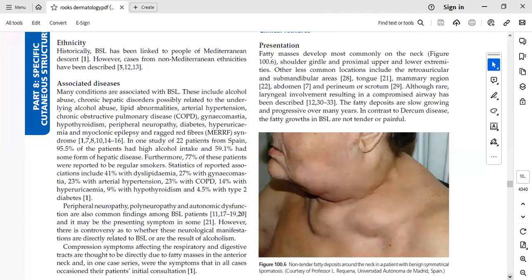The associated diseases are alcohol abuse, chronic hepatic disorders, possibly related to the underlying alcohol abuse, lipid abnormalities, arterial hypertension, chronic obstructive pulmonary disease, gynecomastia, hypothyroidism, peripheral neuropathy, diabetes, hyperuricemia, and myoclonic epilepsy with ragged red fibers syndrome. There are different percentages for each of these associated diseases. The most common one is